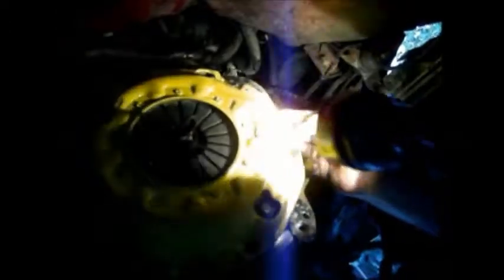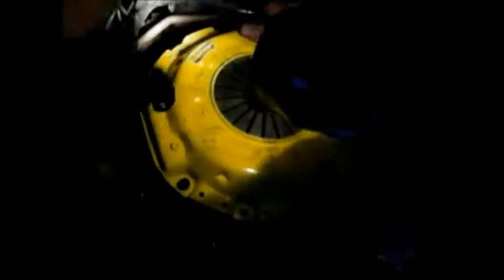How do I know whether or not it would have thrown this thing off balance? It looks like the alignment pins are right where they were supposed to be. I did a pretty good job of that. Let's just hope it stays put there. There is a little nub sticking out, so